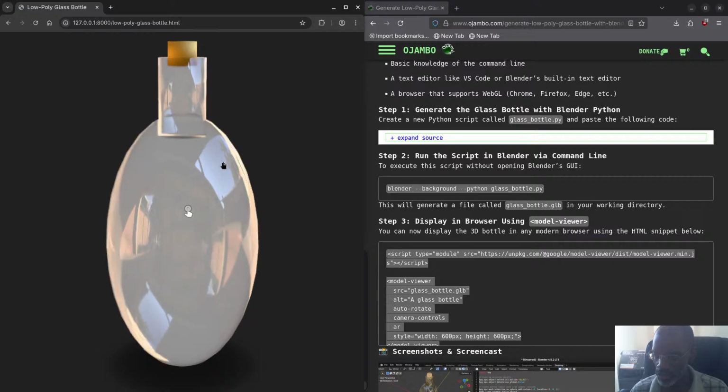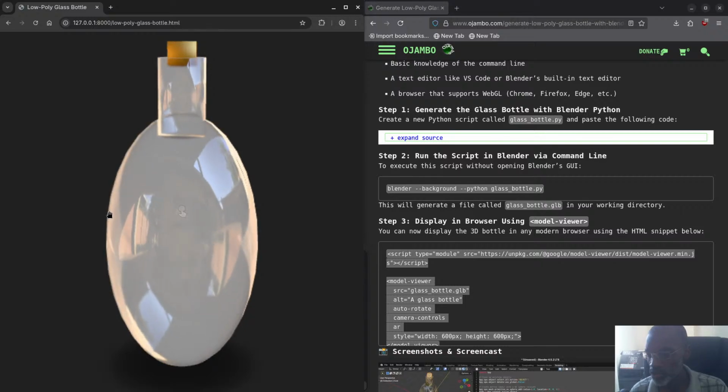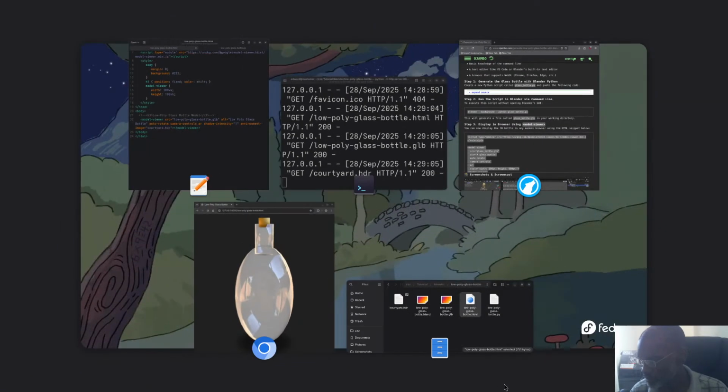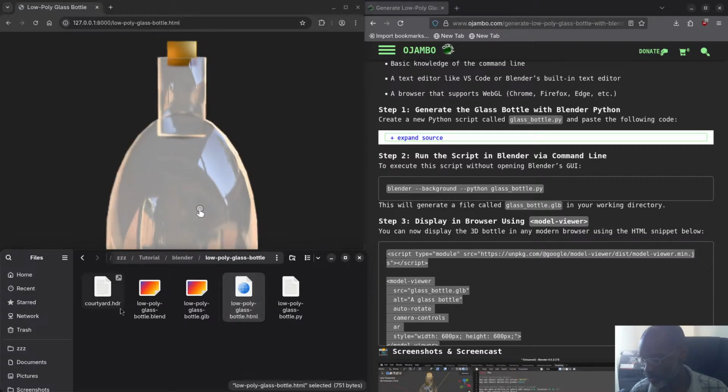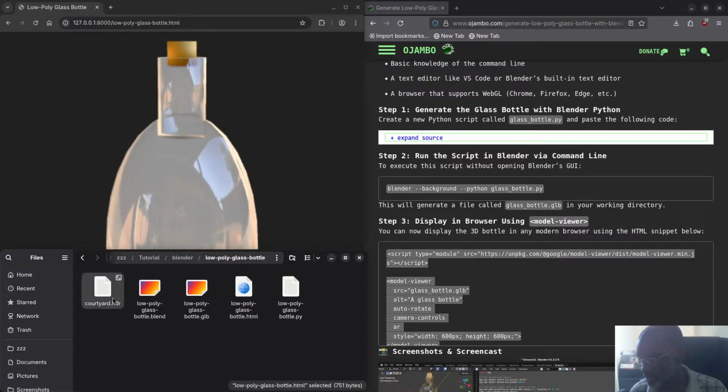Now it's using a different texture here because the environmental texture it's using is called courtyard, as you saw right here. You see it's using the courtyard.hdr. The reason you see this is because I didn't want to copy the same image over and over again. You can see the size, it's actually 2.1 meg. So I didn't want to copy it several times. So this is just a